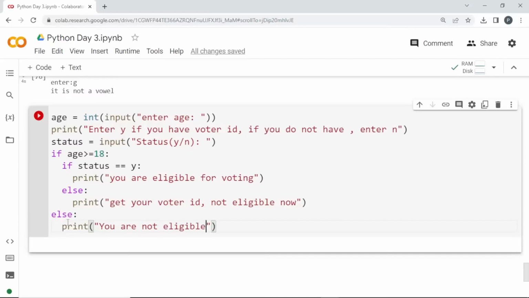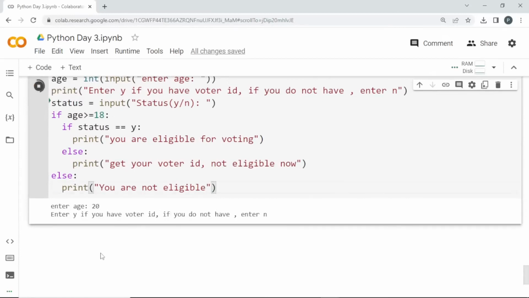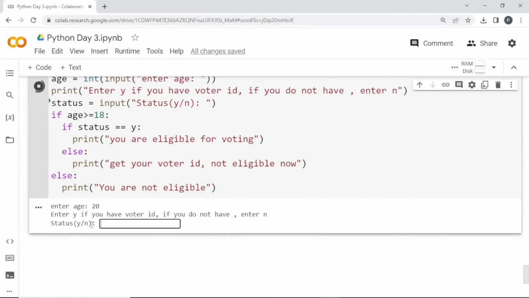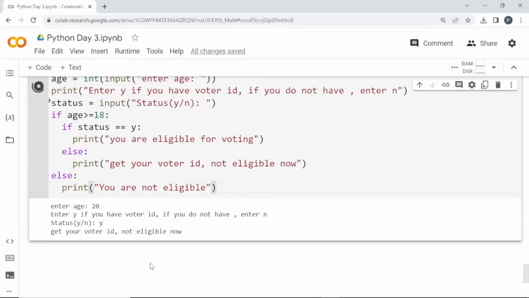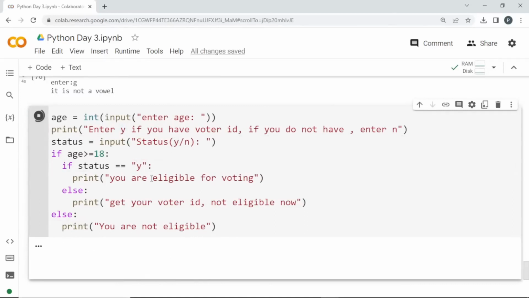So this should run fine. I'll run this. I'm going to ask for the age. If the age is greater than 18, it is going to ask me whether I have voter ID or not. If I enter y, okay, the thing is we made a mistake. Can you find why it is telling it is not eligible now? Because we are checking whether it is y or n. This should be a string. I made a mistake here. Now if I run this,